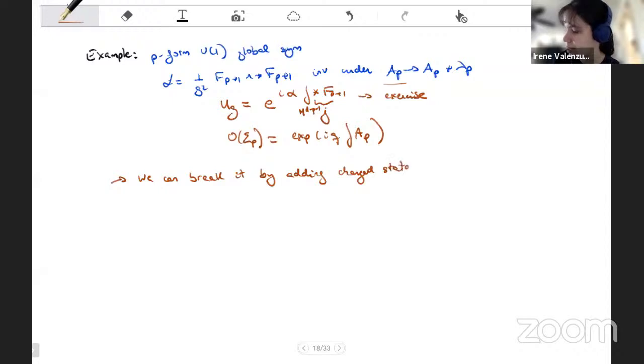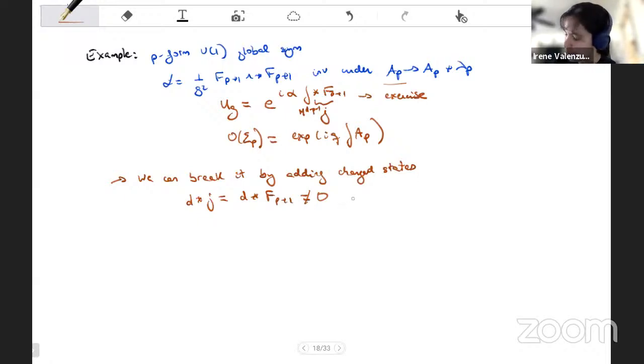The easy way, in this case that we have a Lagrangian theory, is that the conservation equation for the current corresponds just to the equation of motion for the gauge field, because the current is just the gauge field. So this will be different from 0, so we will break the symmetry, the current will not be conserved,